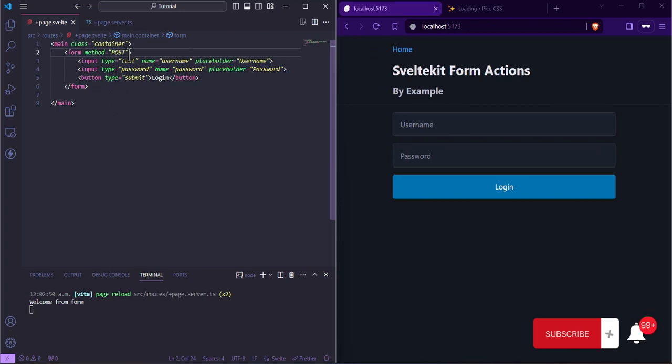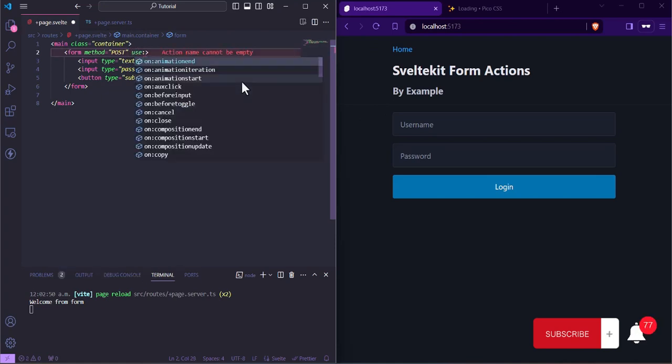When we add that attribute, and JavaScript is enabled in the browser, the form submission will be handled by JavaScript. But if JavaScript is disabled in the browser, then it falls back to the normal page refresh. So let's add use:enhance,